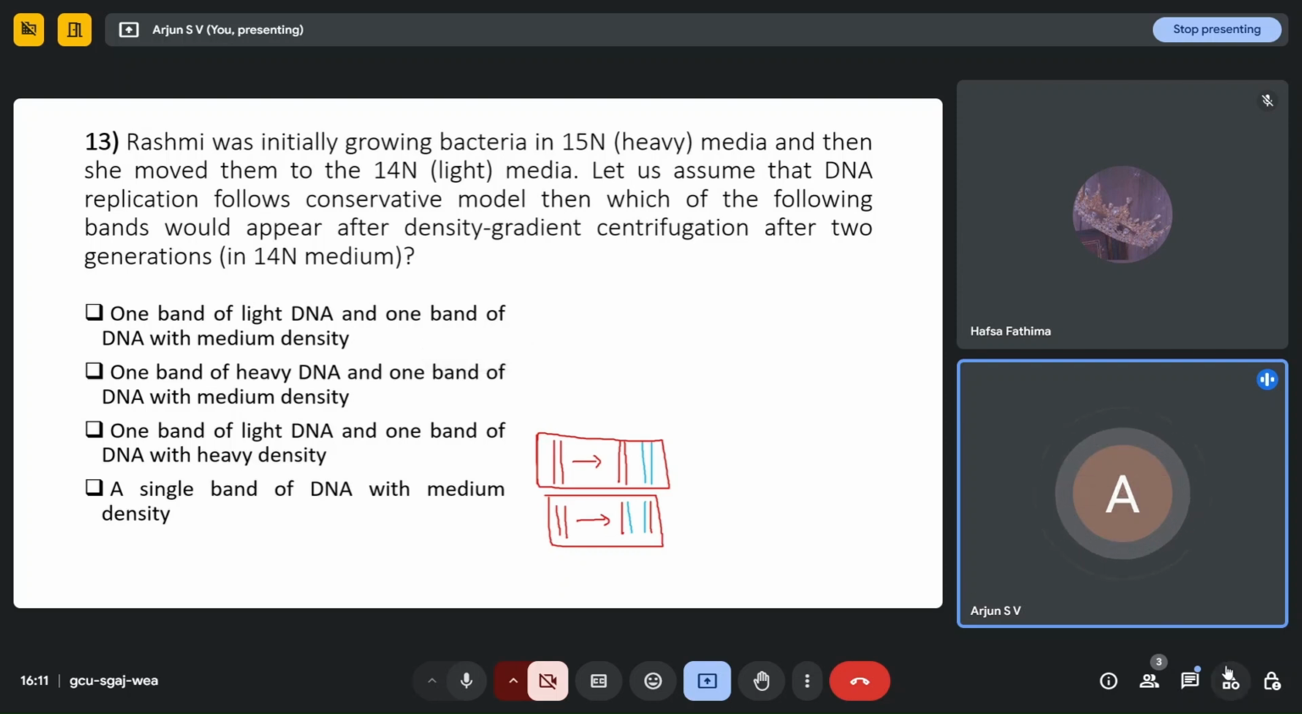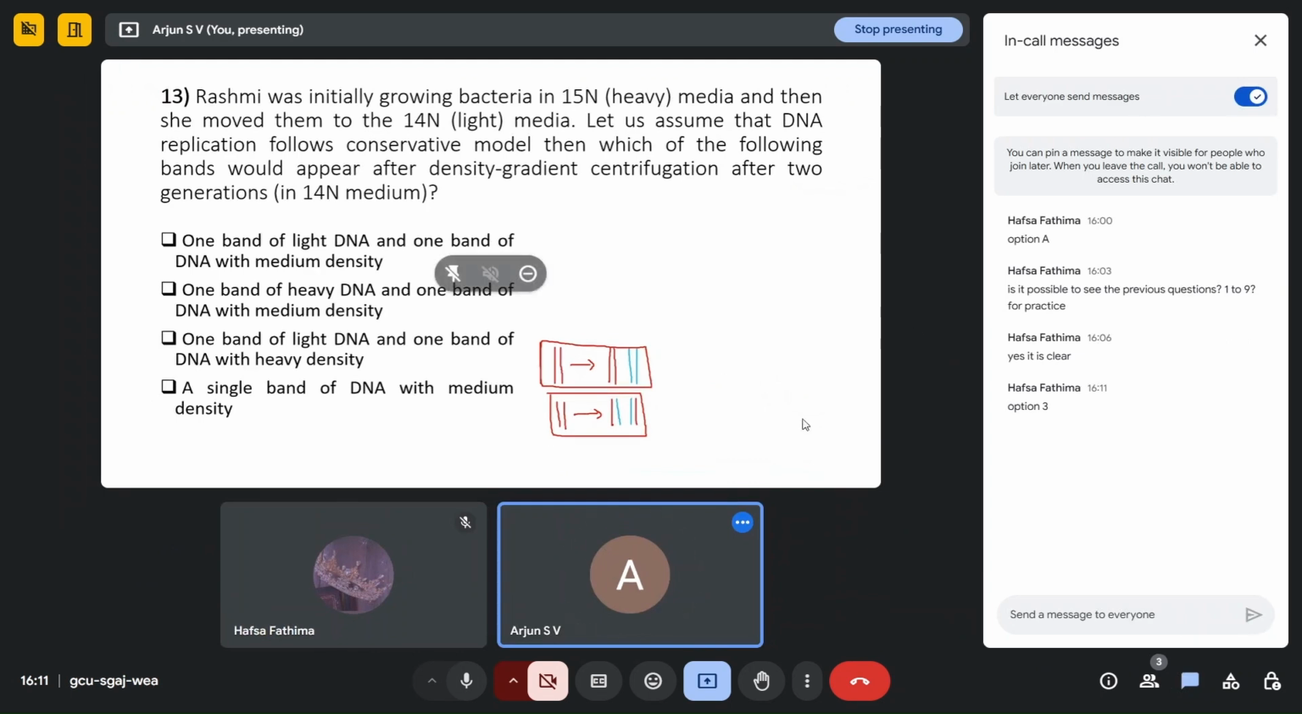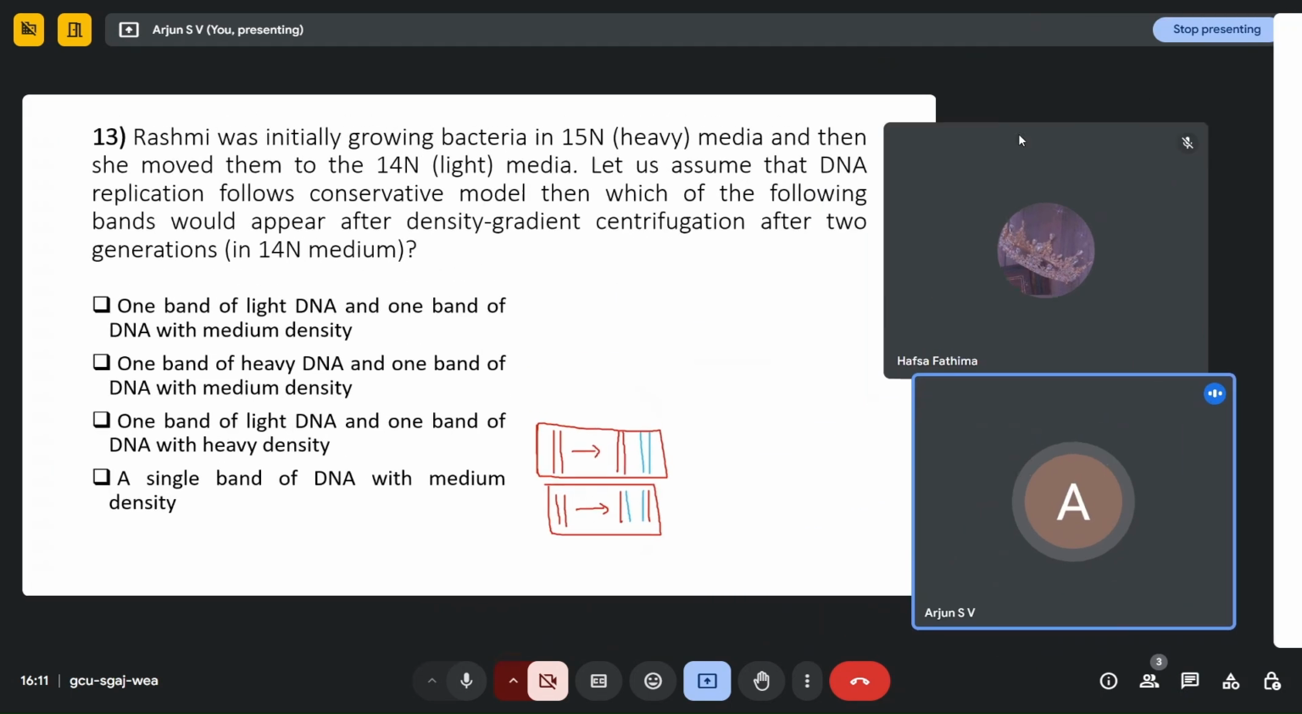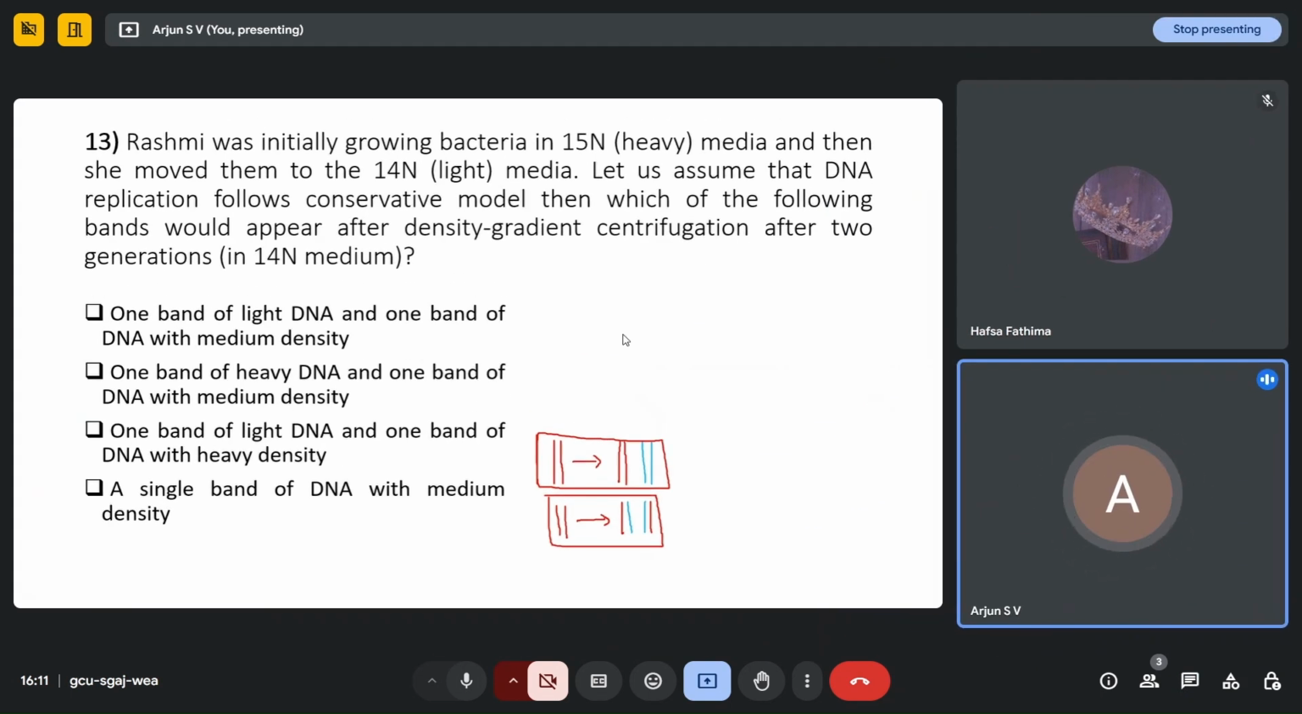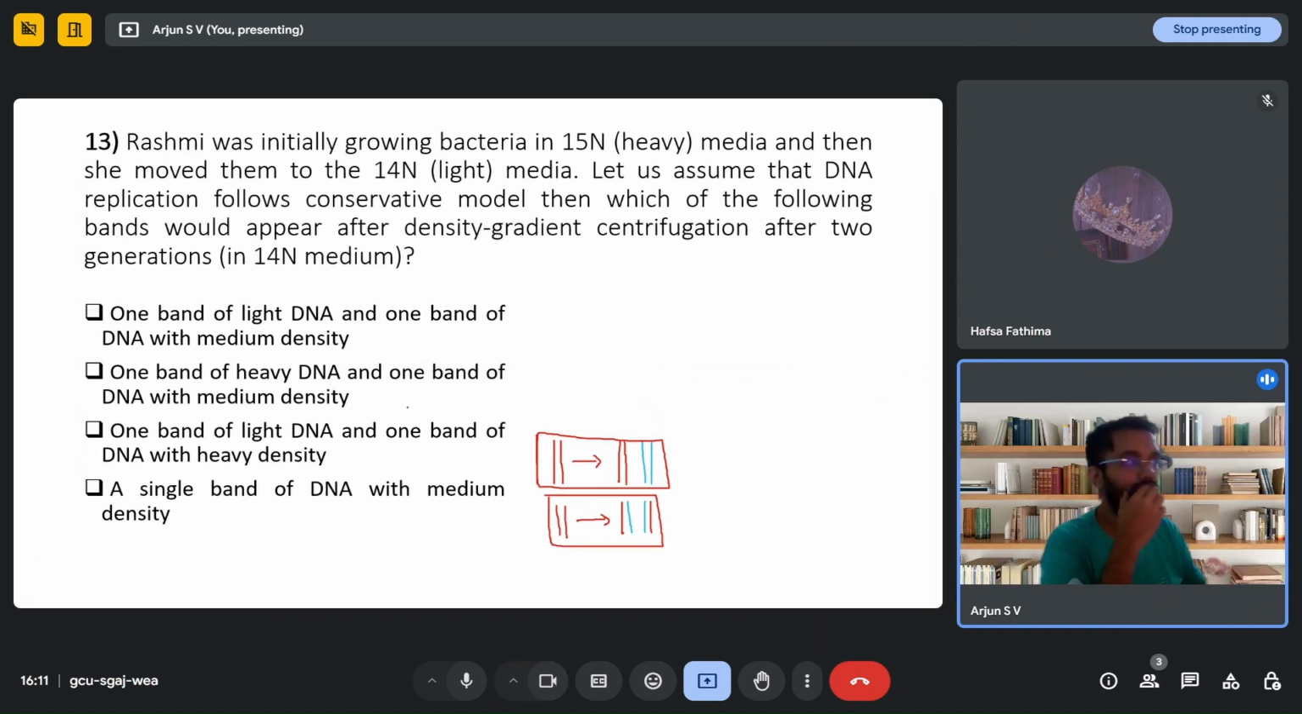So option three, one band of light DNA and one band of DNA with heavy density. Yeah, that is the correct answer. So basically, if you follow this for a second cycle, the parent strands will still be intact, but the